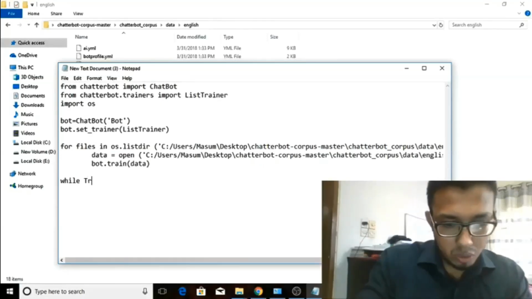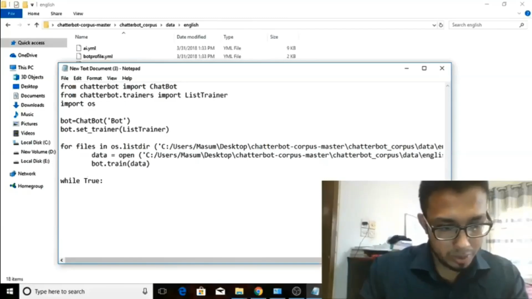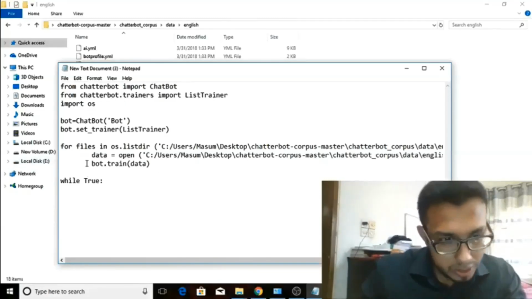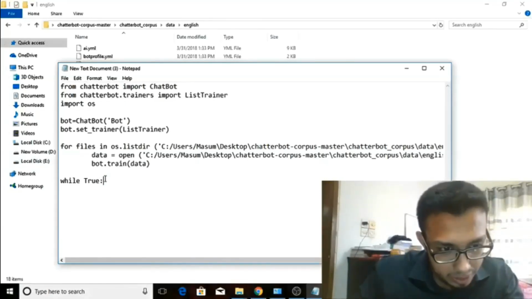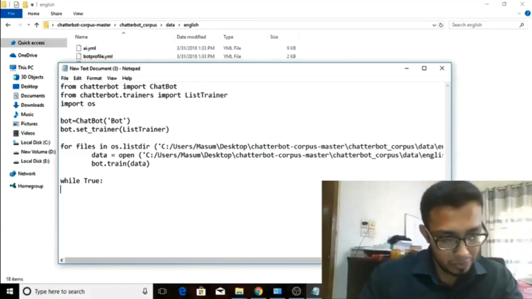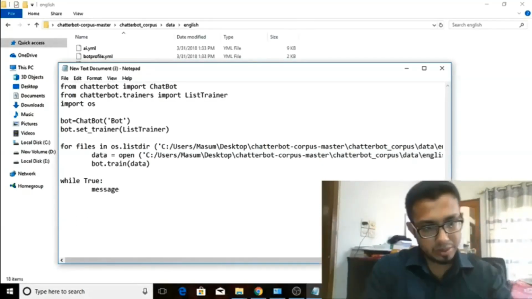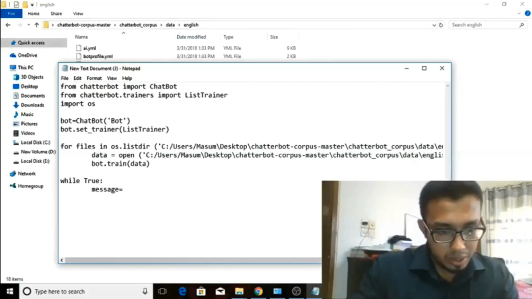While True, you can also use while 1, no problem. Don't forget the colon right here. It's a common mistake, people forget that. So message is